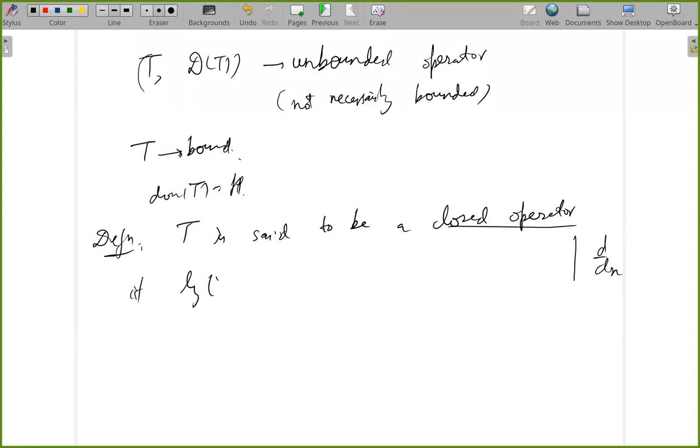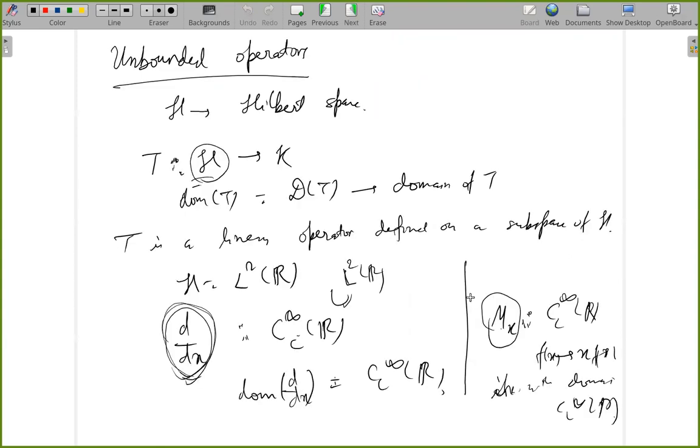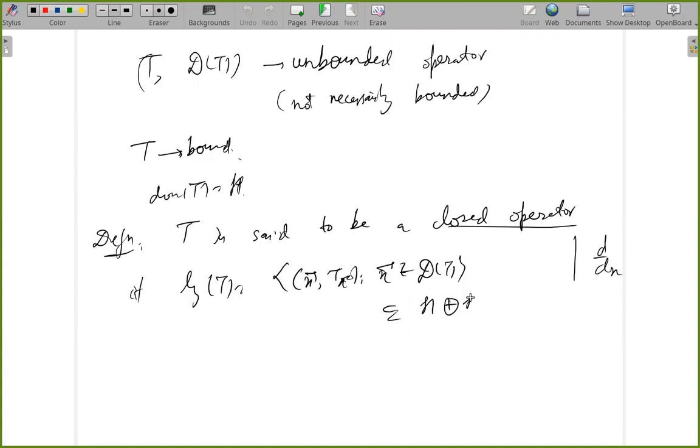If the graph of T, which by definition is (x, T of x) where x belongs to the domain of T, which by the way is a subset of, let's say, H direct sum K. Did I use a different K? Yes, I did. So now I have this map from a Hilbert space H to a Hilbert space K. If I look at the graph of this operator, then (x, Tx) is going to be a linear subspace of H direct sum K. Linearity is clear. So if this is closed